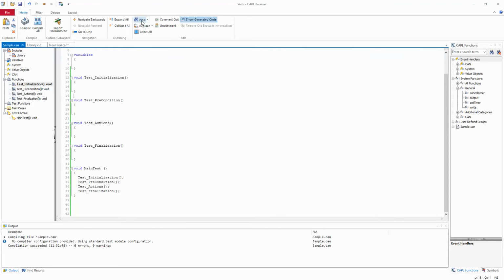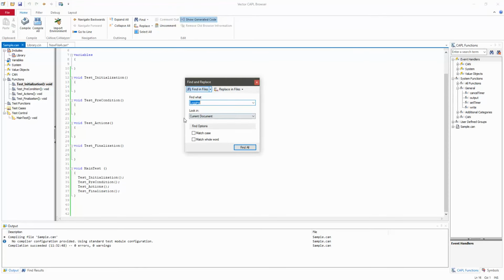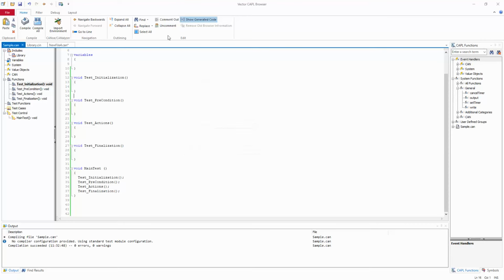And then we have the general find. We have two options: quick find and find in files. Quick find works only in the specific current file, and find in files is where you want to find in all the open documents, or the current document, and you select it and find it in all the files.